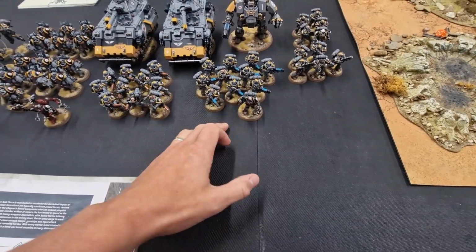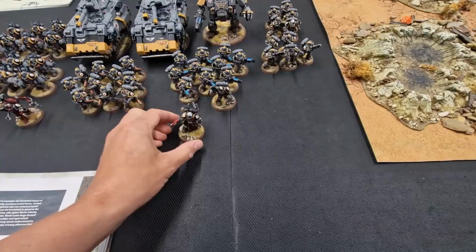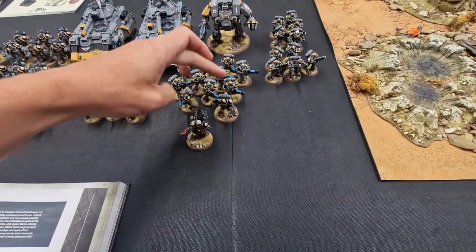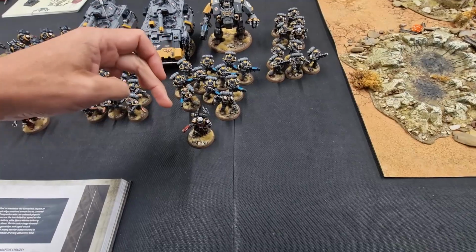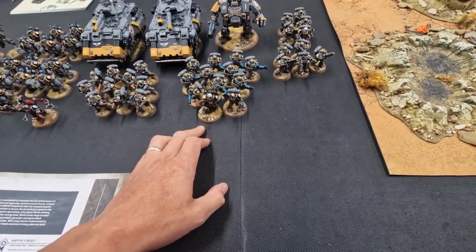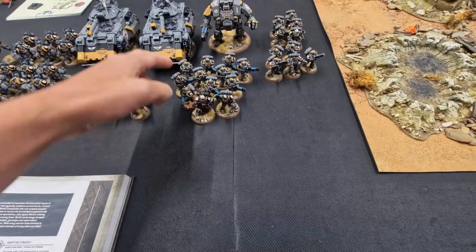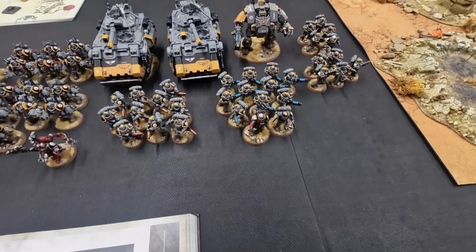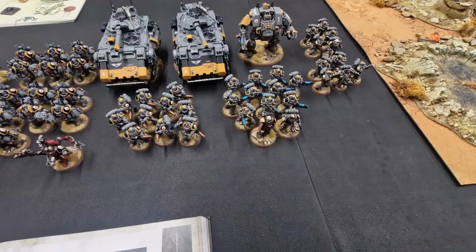You're also allowed to add in an Apothecary. It says that if you take a Captain, a Chapter Master or a Lieutenant, you can still add an Apothecary to the units. He goes in. He will give the ability of restoring one model to the unit in the command phase, and then I've also given him